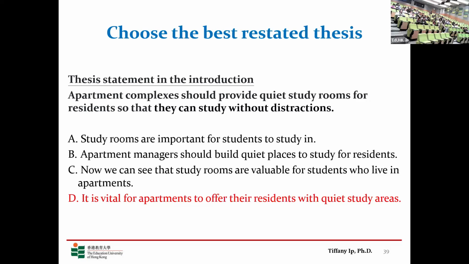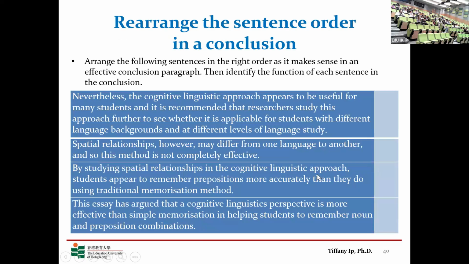So we won't write B. B may be like a further recommendation. But if you have never mentioned that this is something the apartment managers should do, do not add that in the conclusion suddenly. And then to wrap up today's practice, can you try this, especially if you didn't get everything correct in the introduction reordering exercise? I'll see if you can get it correct this time. So this is the conclusion, and you reorder it. Now you can write down 1, 2, 3, 4, the 4 little boxes here, to see how it would make sense in the conclusion paragraph. In this way, you also learn how we write a conclusion.